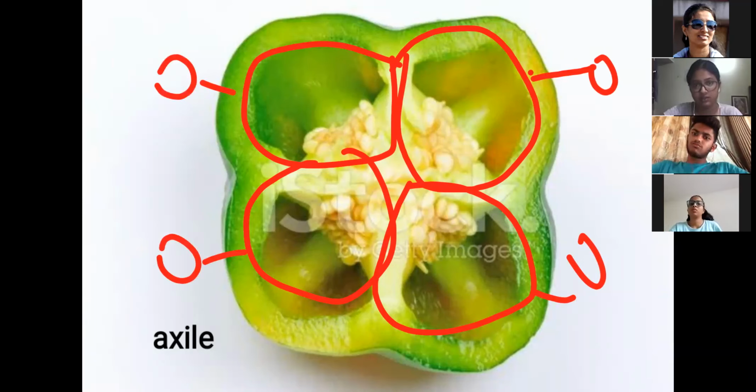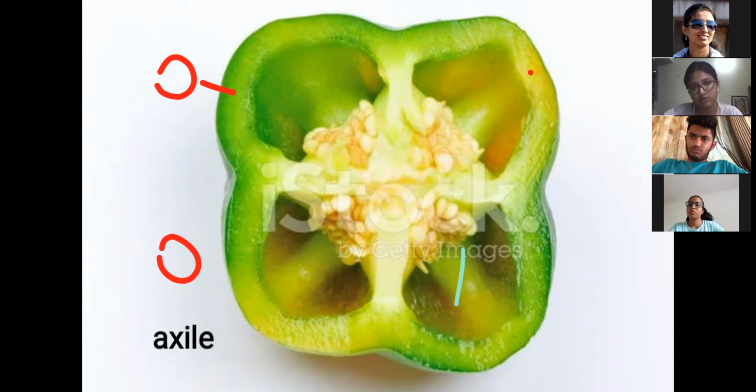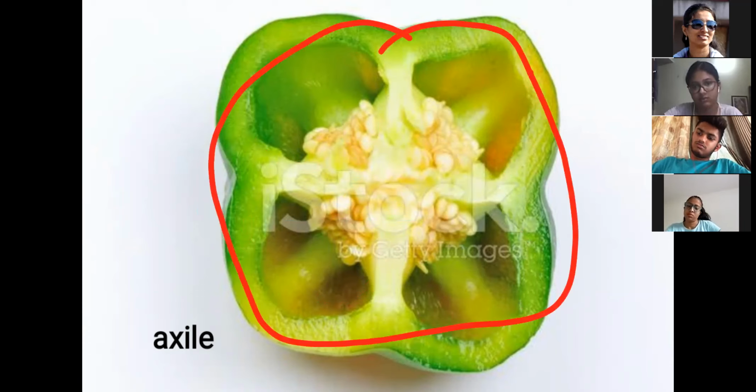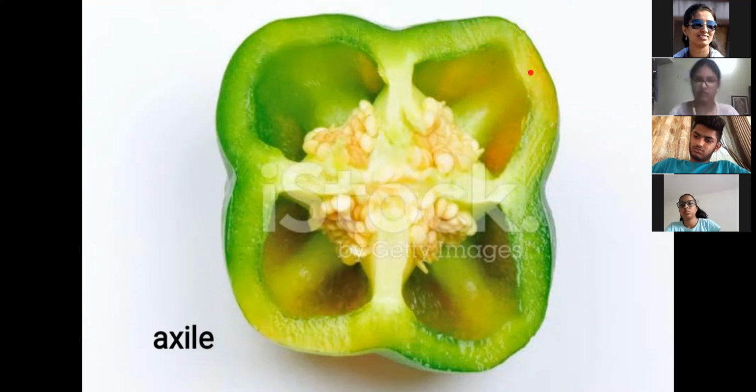If you can make out over here, all are fused with each other, right? All are fused with each other and make a single fruit. बाहर से देखेंगे तो हमें तो एक ही fruit लगने वाला है. But when we take a transverse section, then we can understand it's a syncarpous condition. In that many carpels are there, polycarpellary syncarpous.